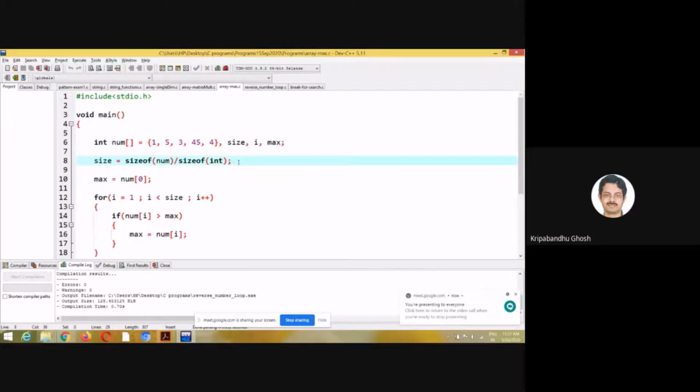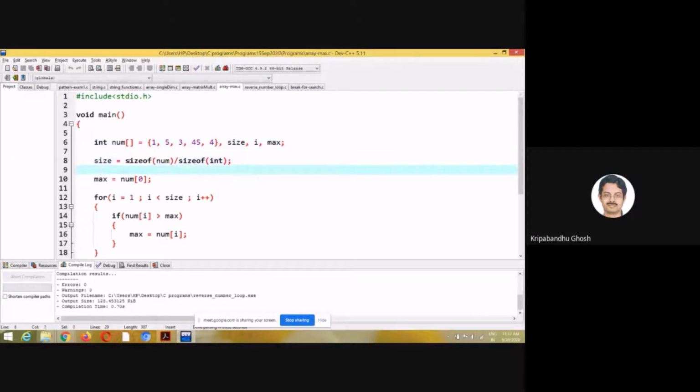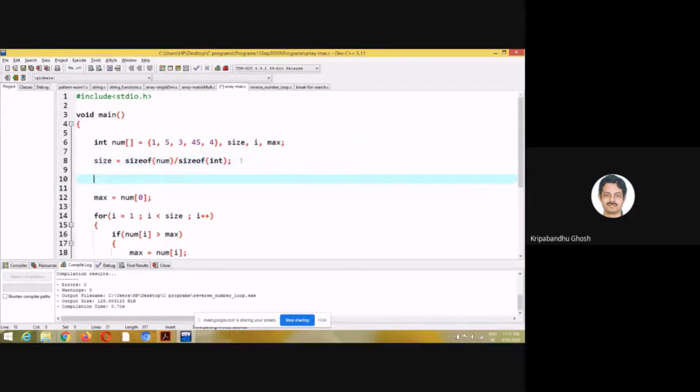So I want to find the length of that array automatically. So what can I do? This is an integer type of array, right? So for an integer array, if you use sizeof(num), it will give you the total size of the array. So let me print this and let's see what happens.